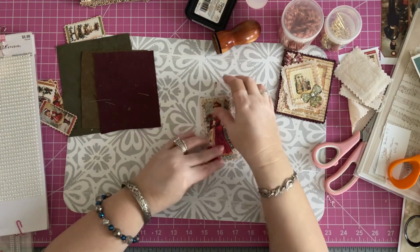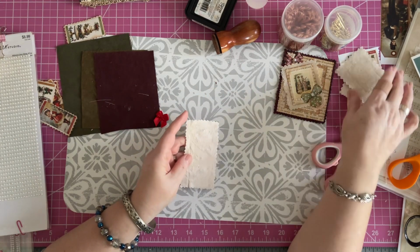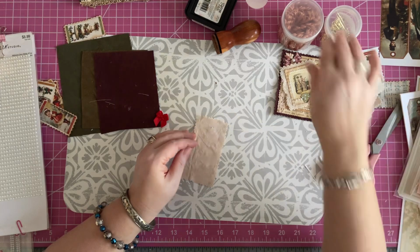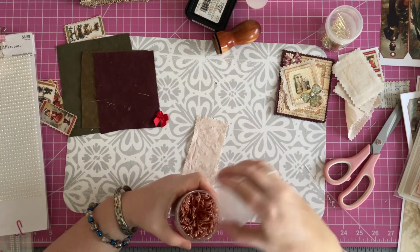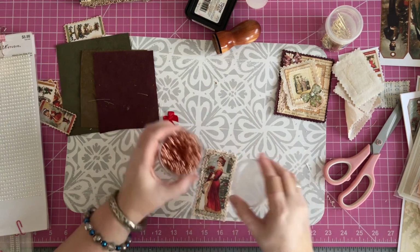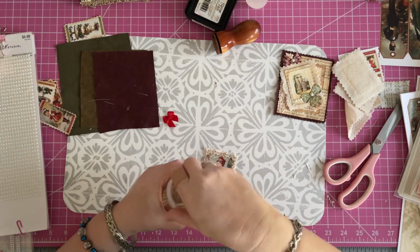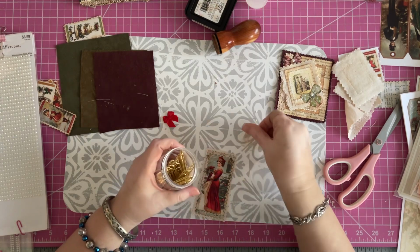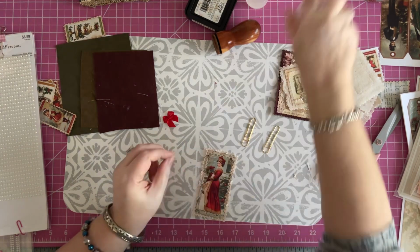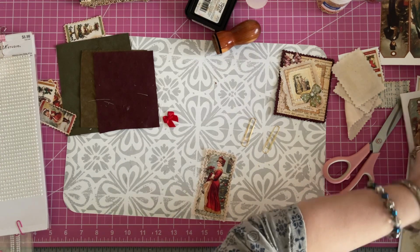Now, before I decorate this, I am going to put our staple on our paper clip. Do I want a gold paper clip? I noticed the adornments are gold on the piece this is going with. Now you can do this as a regular paper clip or a hidden paper clip. To do a hidden paper clip,